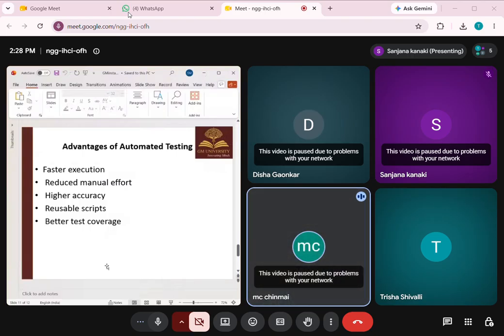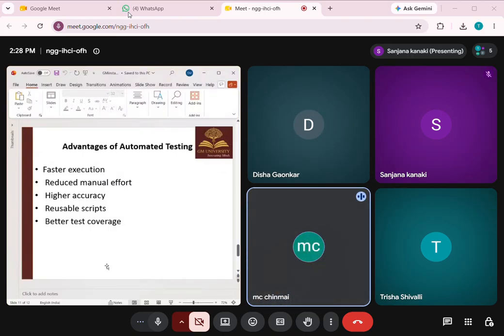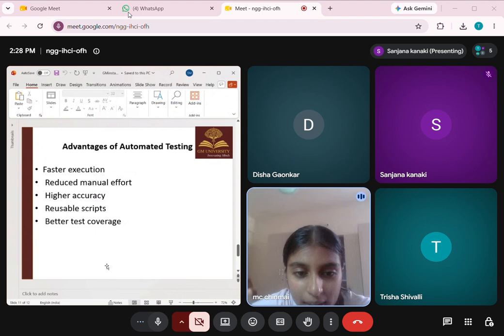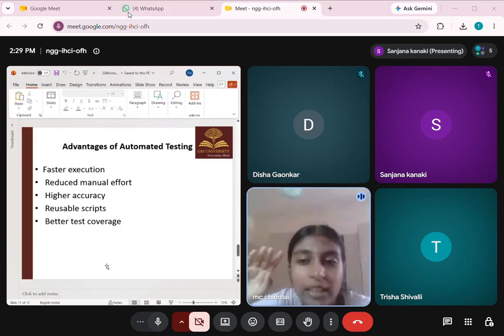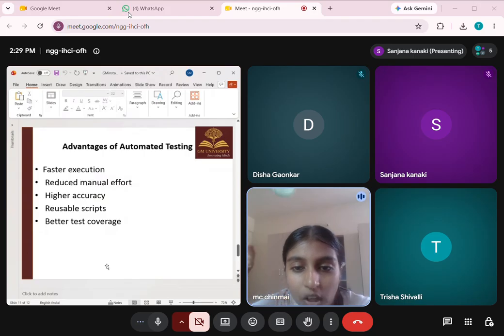It also brings higher accuracy because computers don't get tired like human beings or make silly mistakes. Plus we get reusable scripts, meaning we write the test code once and can run it forever. All of this gives us better test coverage, allowing us to check every corner of our app easily.